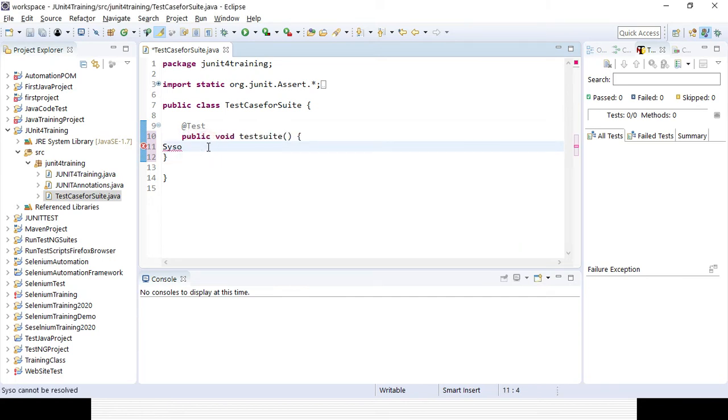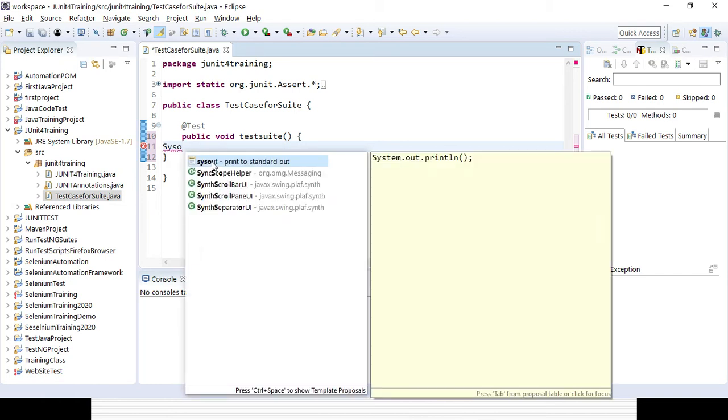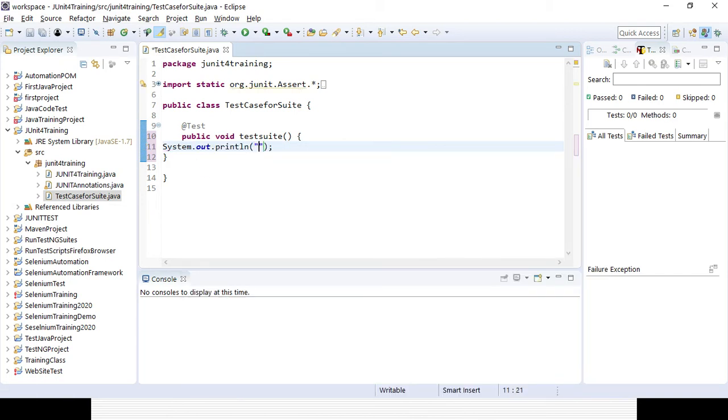I can add a print statement, using Ctrl+Space for sysout, printing "class for test suite". Okay, now this class has been created.